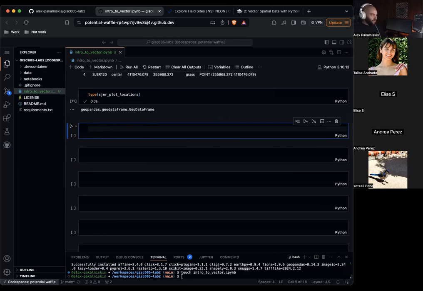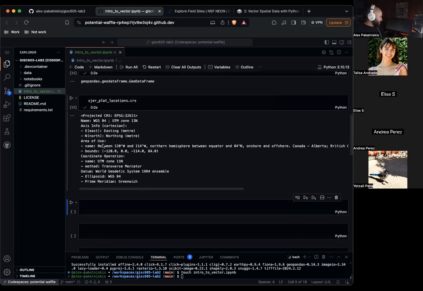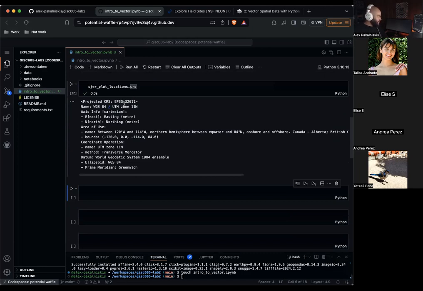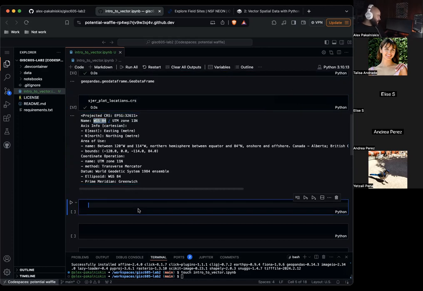So GeoDataFrames have a bunch of different attributes that you're able to invoke that describe spatial metadata. Two of them that we're going to check out right now are CRS and total bounds. To start, let's do CRS, and we can see the projection, EPSG 32611. It's in WGS 84, UTM zone 11 north. We have information about bounds, lots of valuable spatial metadata, especially if you're trying to do an analysis. You want to compare metadata to make sure things are lining up well.